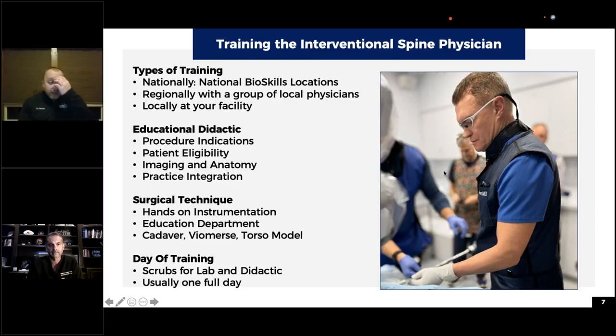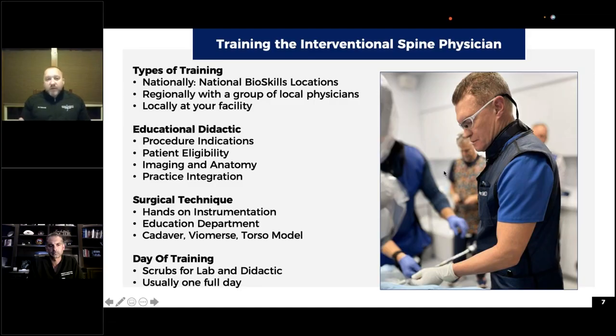Yeah, I think that's spot on, Dawood, because when you look at what we actually have for training right now, and it says it right there on the slide, either a company can come out locally, train you in 2 hours in your facility, and then take you out to dinner to talk about patient selection, or there are regional programs, which are a little bit longer, maybe a day long, where you bring in your whole group, talk about the therapy and patient selection, and get hands on.